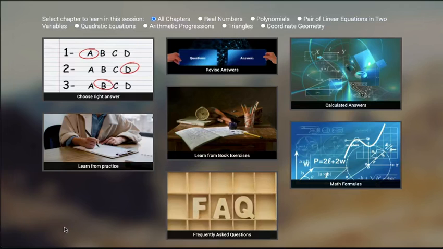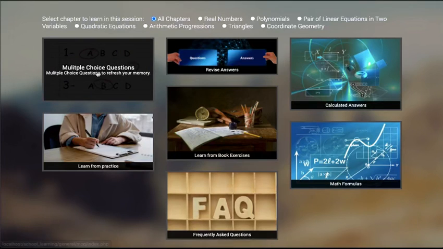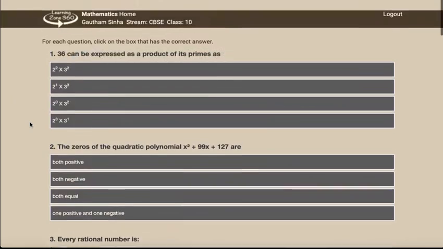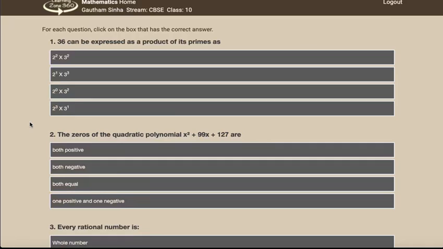Now, let's look at a multiple choice question. For various activities, a student can also pick some of the chapters that they want, or they can look at all chapters as shown here. In this particular case, it's a mathematics subject. So let's look at all chapters and then click on a multiple choice question. So you will get questions as listed here. Each set can contain a certain number of questions,